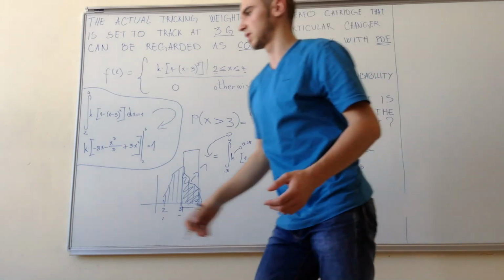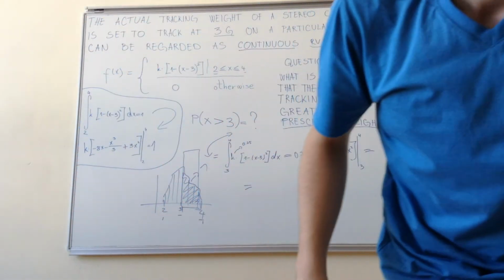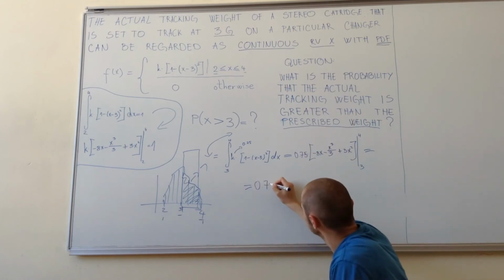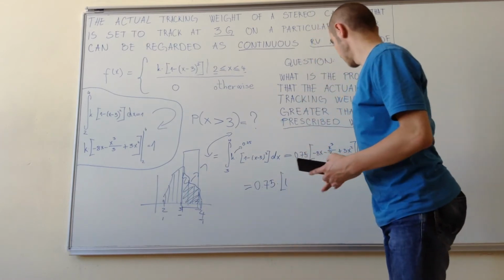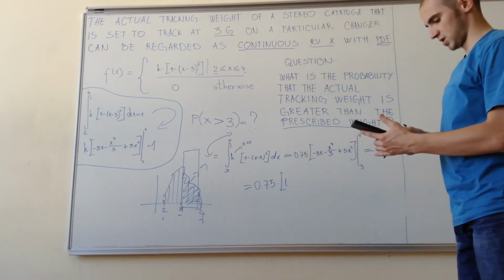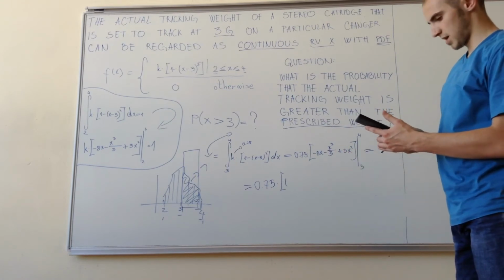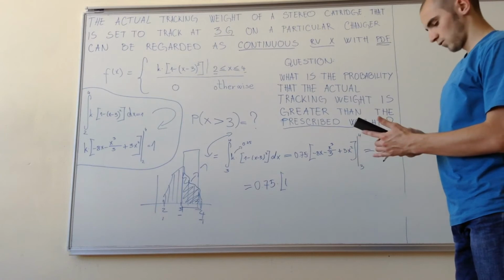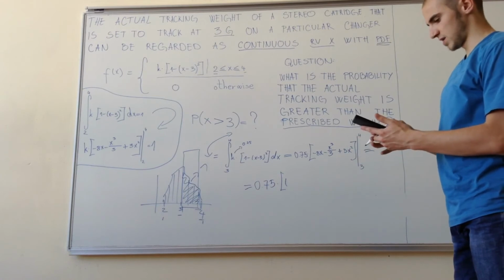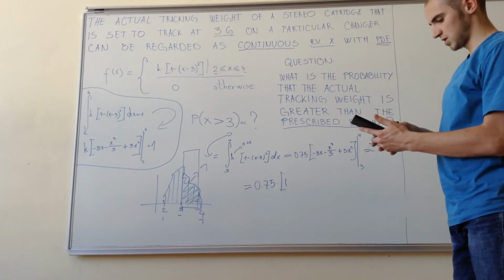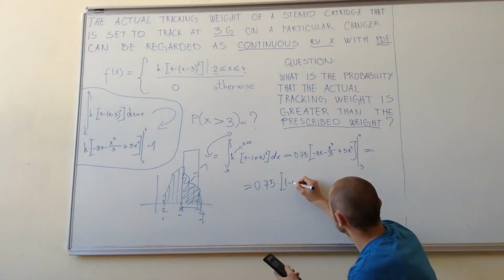So now we'll take a calculator. So 0.75 will remain times, and now the first thing for 4, which is minus 8 times 4 minus 4 cubed divided by 3 plus 3 times 4 squared, which is equal to minus